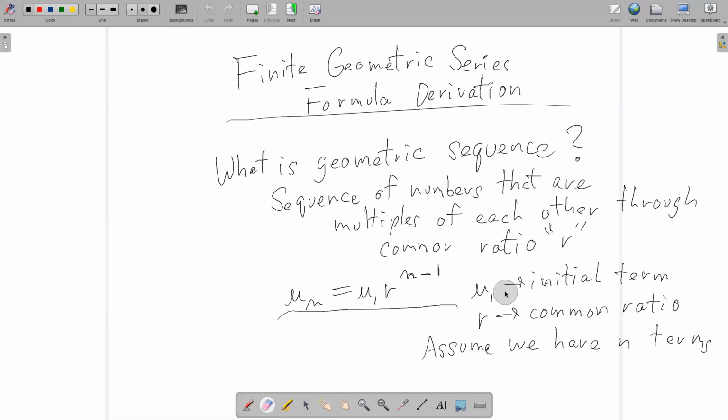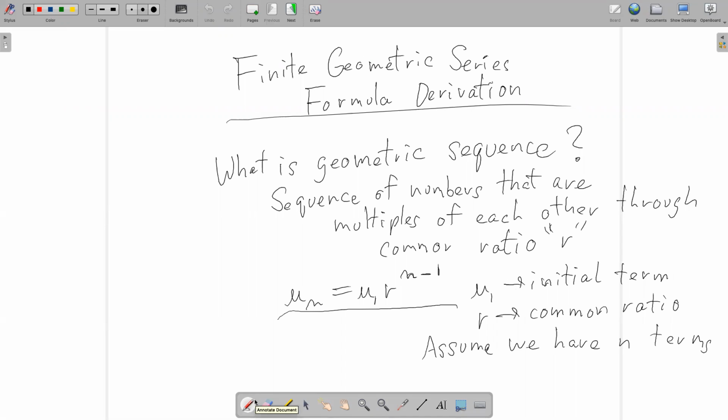Hello everyone, I'm going to show you how to derive the finite geometric series formula today from a geometric sequence. A geometric sequence is simply a sequence of real numbers that are multiples of each other by a common ratio r. So they can be described by this common formula, u sub n equals u sub 1 times r to